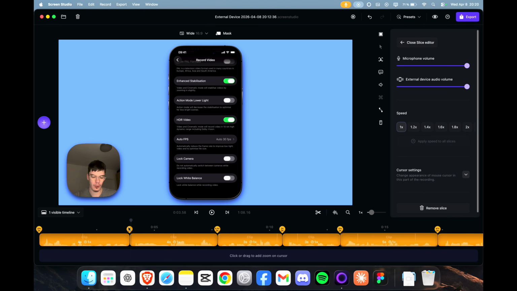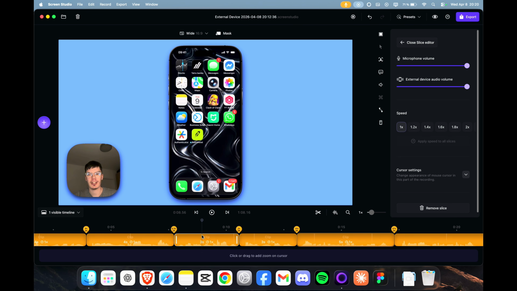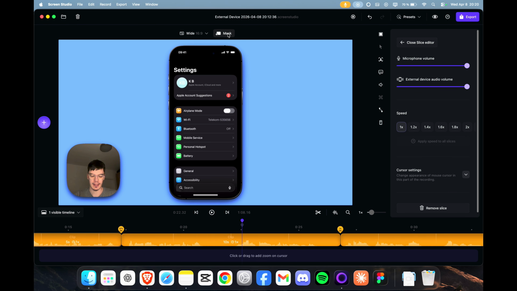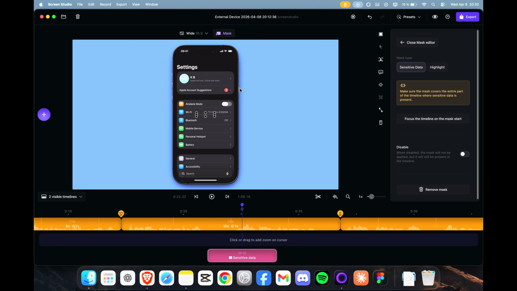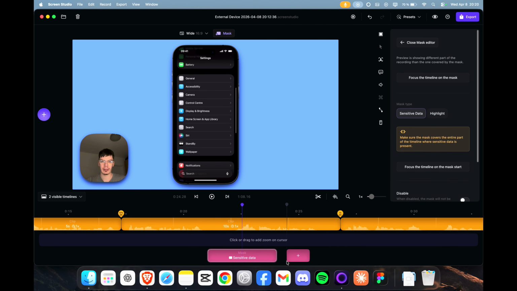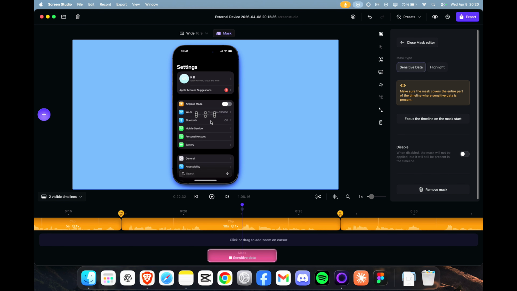And for example, I want to go from the start and select the section where you want to mask some information. And at the top, you can see the mask option. Simply click it and choose Add Sensitive Data Mask. Now the sensitive data is going to be in your timeline from here to here, and you can simply customize it